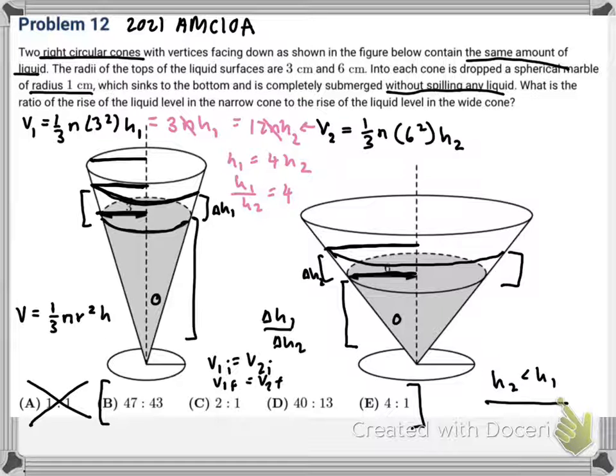Okay, so now I know the ratios of the initial heights, and I want to find the ratios of the final heights. So how can I use this information to help me? In the next step of the problem, let me clean everything up. Okay, so in the next step of the problem, what I want to do is I have those cones, and